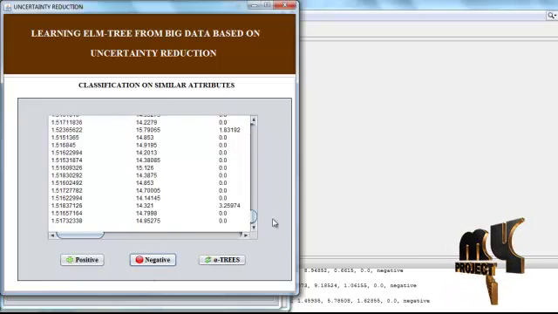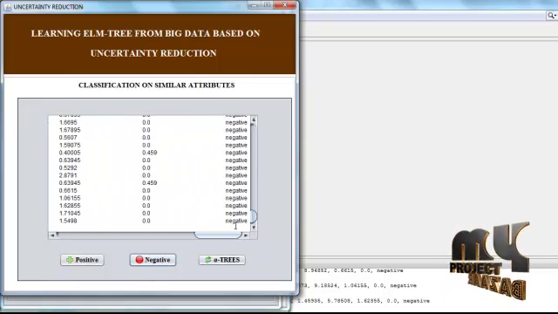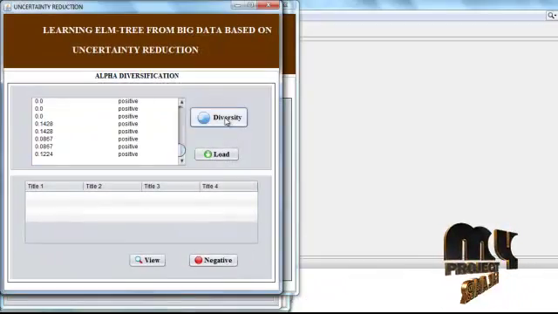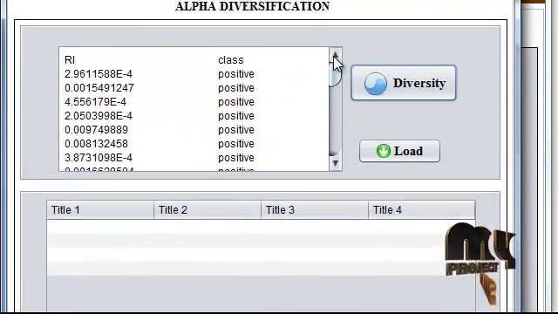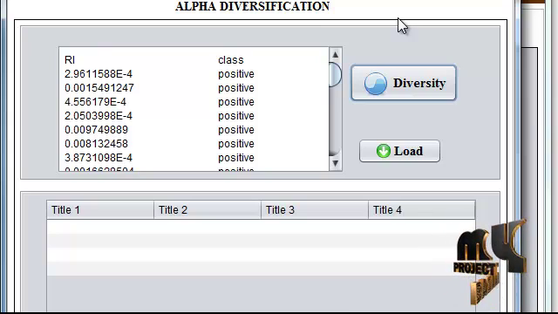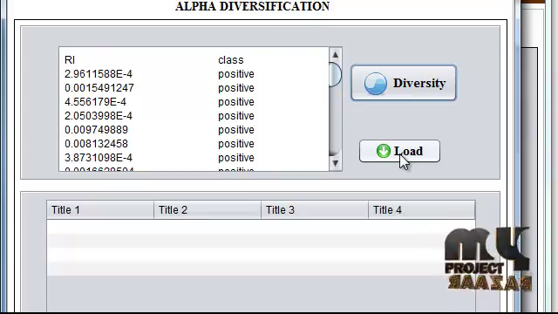Click negative. Negative is one type of attribute. The positive and negative are the types of attributes preferred in the data set that we initially stored. Click alpha trace, which finds the dissimilarity between the diversification of the overall data, that is the alpha diversification. In alpha diversification, we can calculate the information entropy. That information entropy is a probability distribution and represents the impurity of classes in a node. It is a type of statistical uncertainty that arises from the random behavior of physical systems.